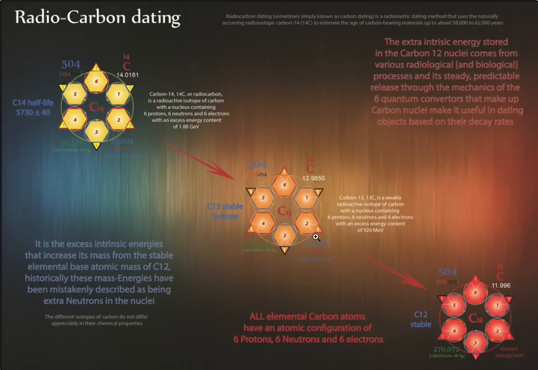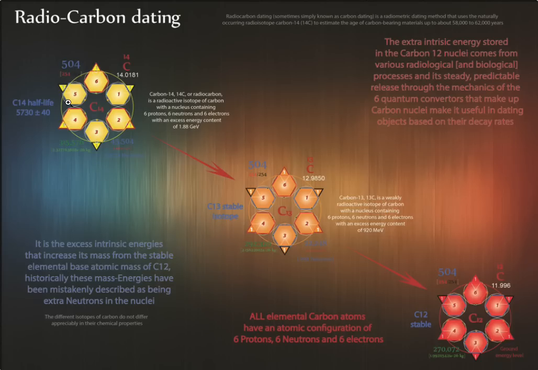but you calculate the energy, the stored kinetic or the chemical energy for each isotope, and you discover that there's enough energy to in fact convert to mass, and that mass would be equivalent to an extra neutron in the case of carbon-13, which is why it's called carbon-13, and an extra 2 neutrons in the case of carbon-14. In fact, there are no extra neutrons in both cases, as you see here, 504 charged geometries, 504 charged geometries, and 504. Again, the matter